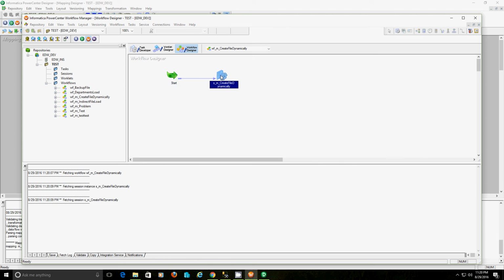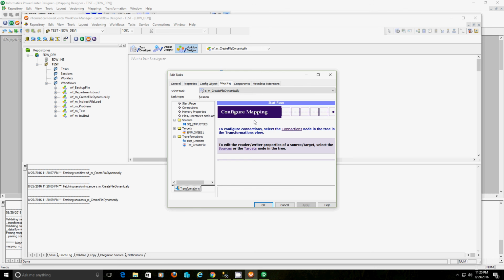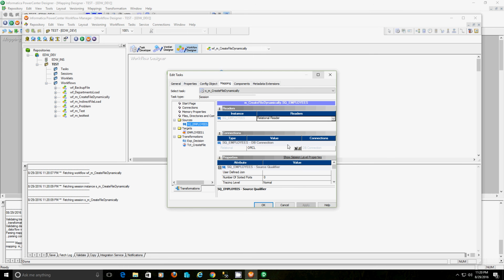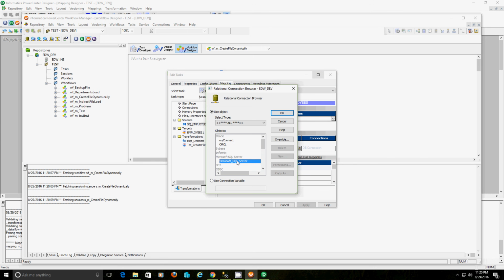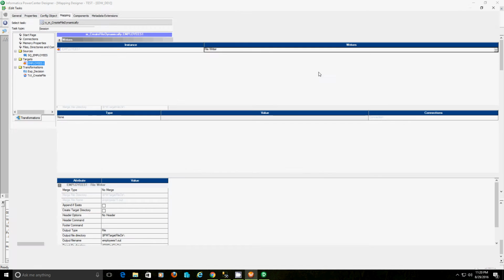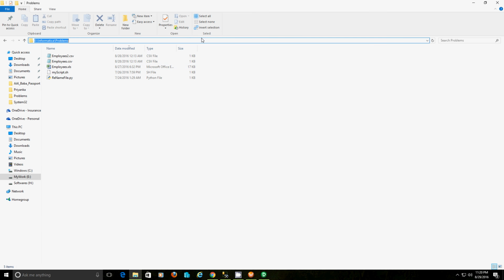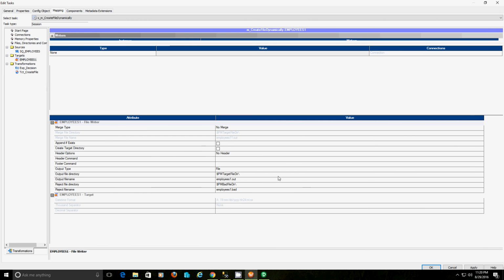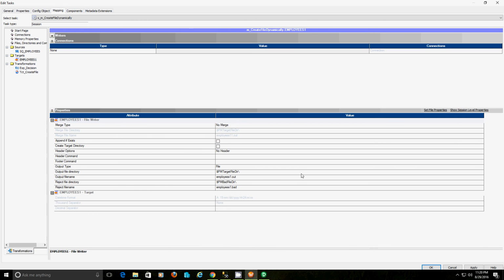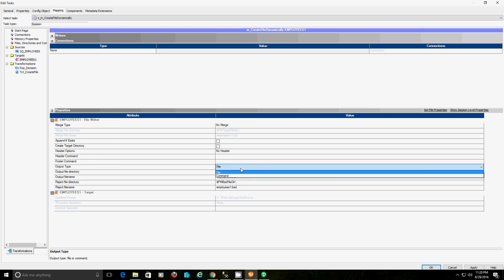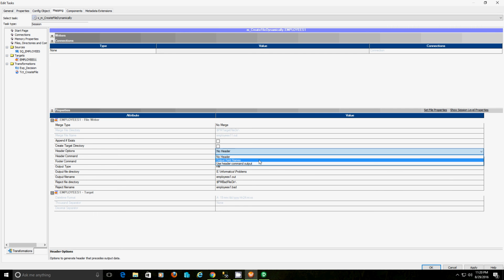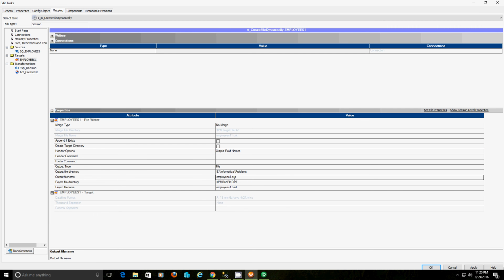Our source has to be SQL Server, and files should get created in this folder. Files should also have header information, and this particular file name does not matter.